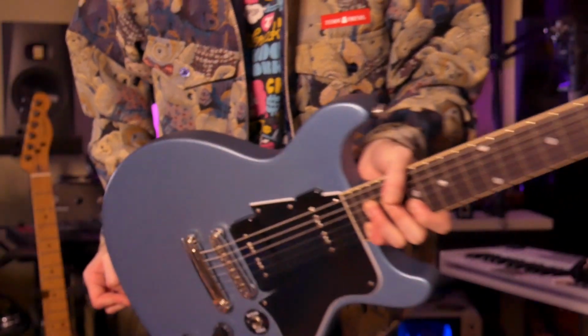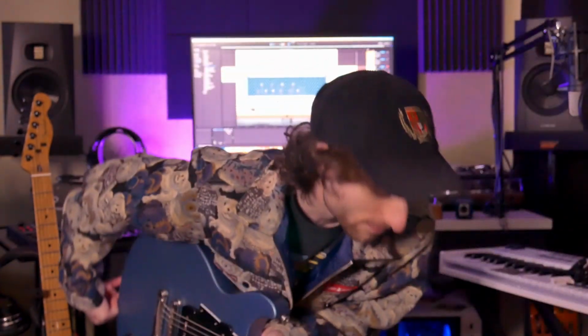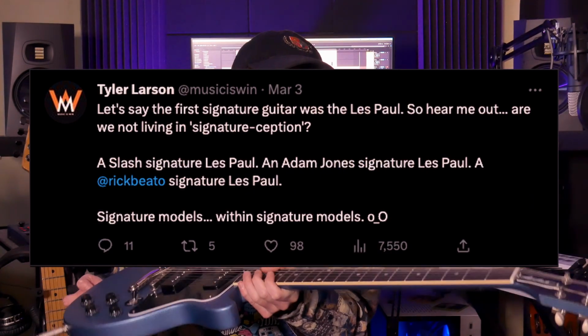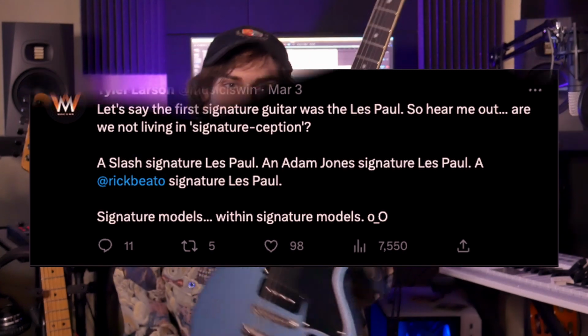It's one of the better looking signature guitars from Gibson, and it's different. It's definitely different. But Music Is Win, who's another YouTuber, had a tweet talking about how we were living in signature guitar inception, because this is a Les Paul, technically, which was the first signature guitar ever. And now it's a Rick Beato signature guitar, too. So it's a Les Paul Rick Beato signature. And so we're in Inception. I totally agree, Tyler. But anyways, we